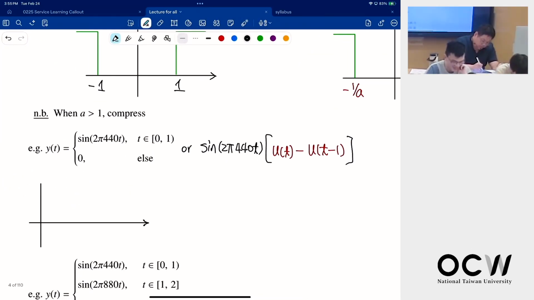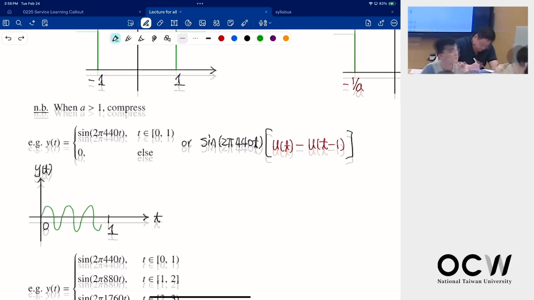Here's y. That's t. It's from 0 to 1. So suppose this is 0 and 1. Then the sinusoidal function, when t equals 1, that will be 2 pi 440. So it's 2 pi theta is still 0. So here we should have